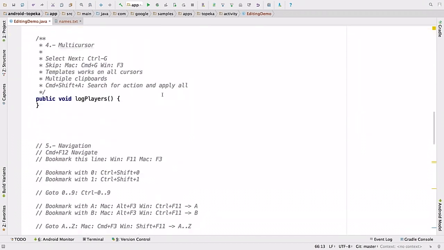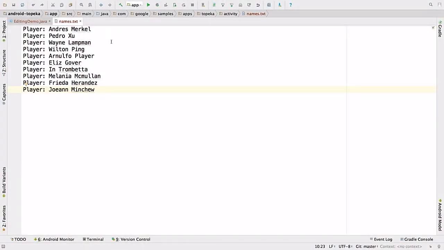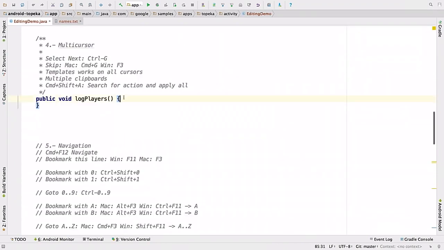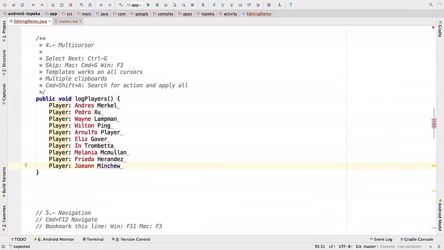One of my favorite features is multi-cursor support. And I'm going to show you what I do with multi-cursors and how you can integrate other features of IntelliJ when you have multi-cursors. So I have a list of names here that I'm going to copy and paste inside this function. And I want to log all of them. I want to just add a log D to all of them. You know there is a completion, a template for log D, right? So you can